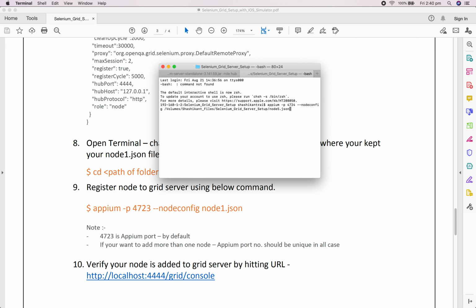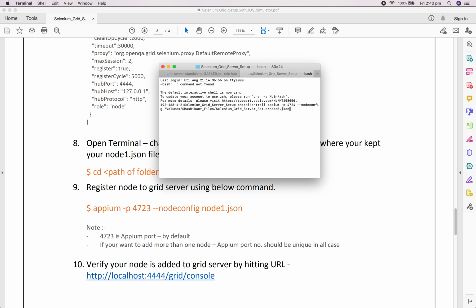In this command, if you see appium -p 4723, it's the port of Appium. By default Appium runs on port 4723. If you are adding multiple nodes, then you have to make sure every time with each node your Appium port is unique.